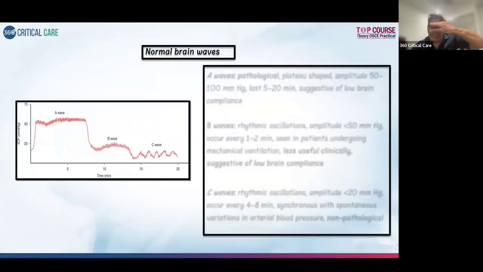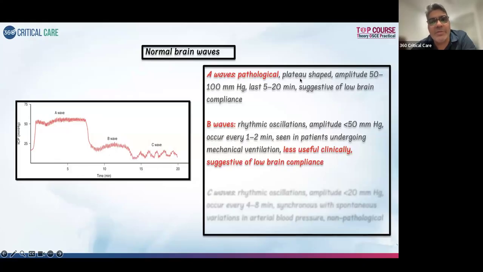We call this a Lundberg pattern. Each of these spikes is one wave, and look at the time through which the waveform is maintained. The A wave pattern is at an ICP of 50 millimeter of mercury, the B wave is around 20, and the C wave is less than that. A is abnormal, more of a plateau shape, 50 to 100 millimeter of mercury lasting for 5 to 20 minutes, suggestive of decreased brain compliance, high pressure in